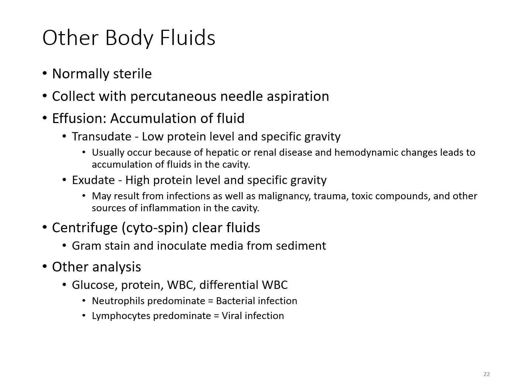Other body fluids, typically any kind of fluid in the body, is going to be sterile. You're going to collect it with a needle type of aspiration. And of course, you're looking for any sort of effusion. This is when you're going to have some sort of accumulation of that fluid in that cavity. A transudate is going to have that low protein level and low specific gravity. It is usually because there's some sort of hepatic or renal disease that has caused some sort of changes